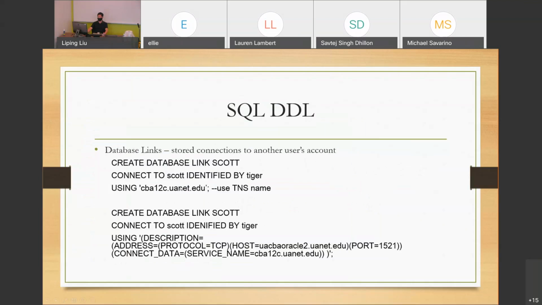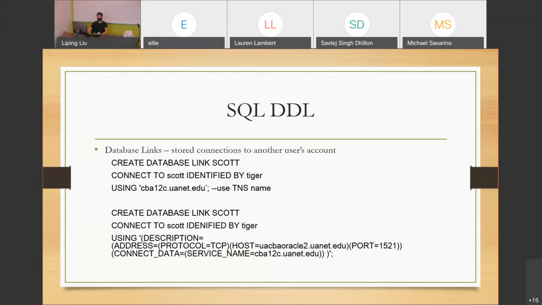Okay, and the one last thing is a so-called database link. Just in case you have multiple databases, maybe located in different locations, but in your account you want access to another database server's account, another user's account somewhere else. In that case, you can create a database link inside your account, and then use that link in the future to access the data from a different database